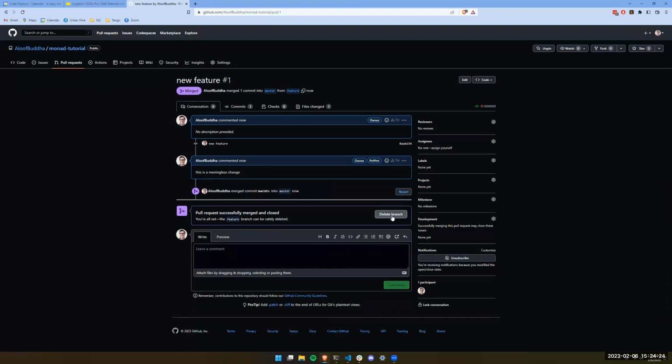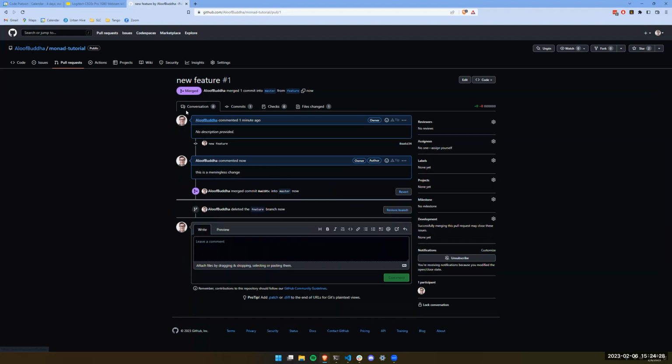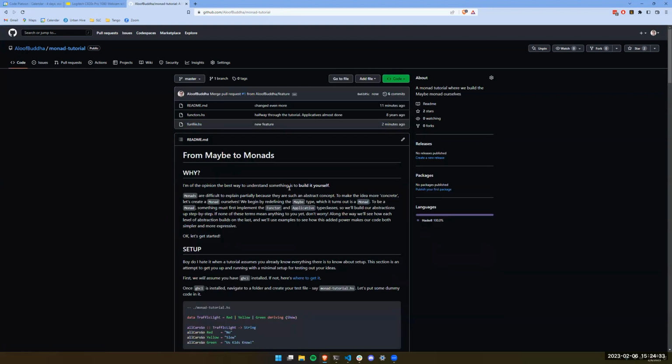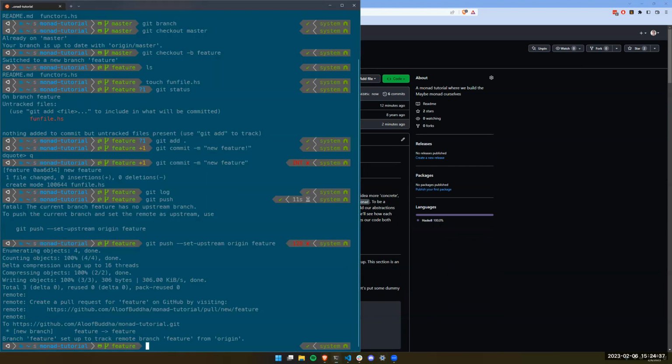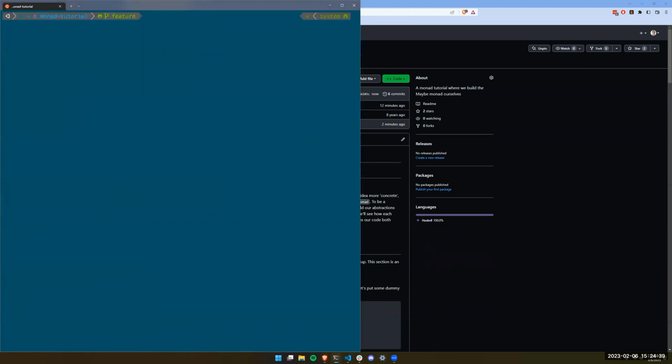Great, you're all set. It's even saying, hey, you don't need that feature branch anymore. Might as well delete it. So GitHub makes it really easy to do stuff like that now. I look in here, I actually have this fun file now. And if I were to look locally, I'd say, well, I don't want to be on feature branch anymore. Notice I still have the feature branch here because I deleted it on my remote, but it's still there locally.